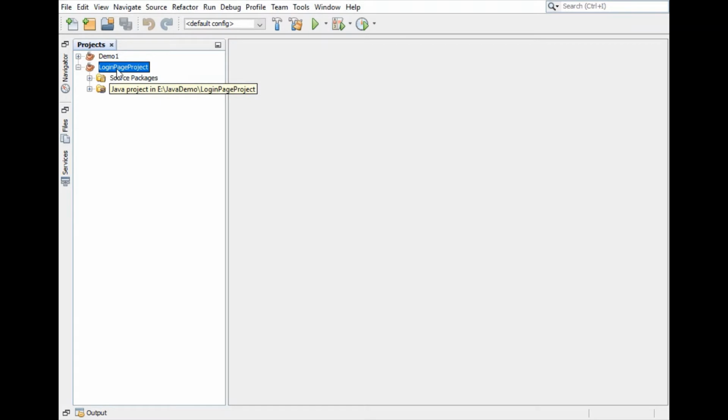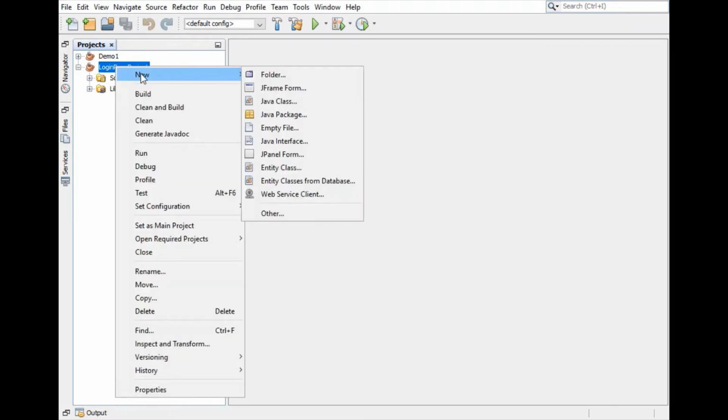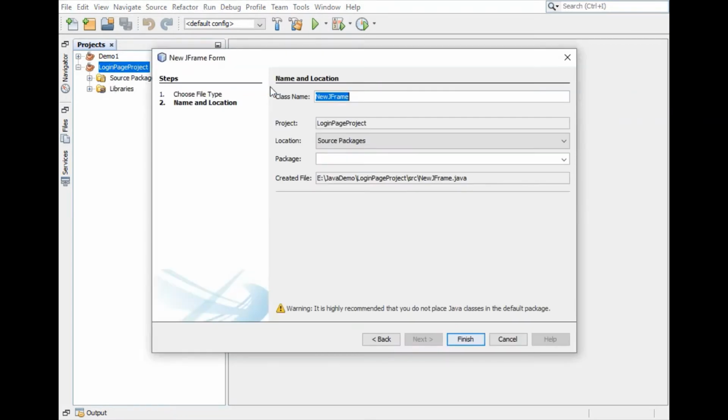Now under this project, let's add a new JFrame form. Let's give the class name here as login page GUI and just finish.